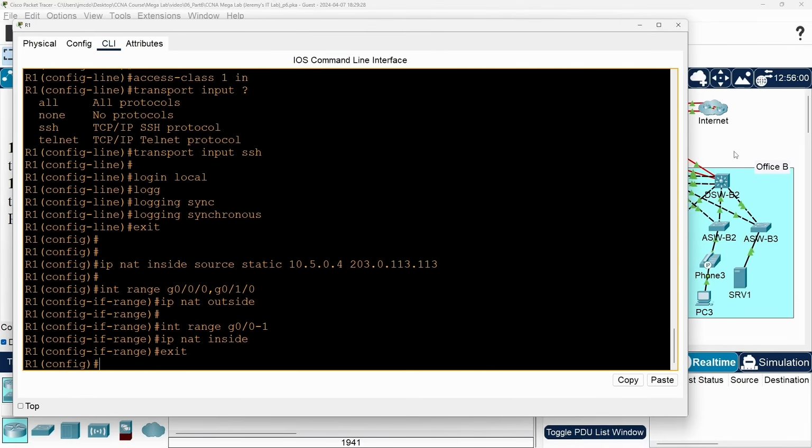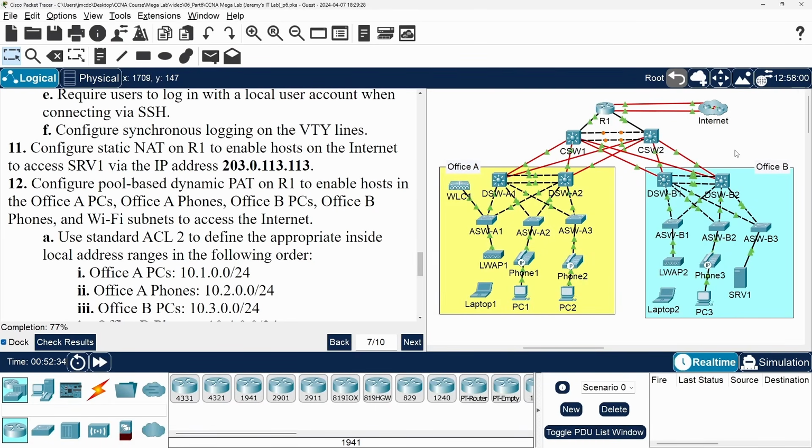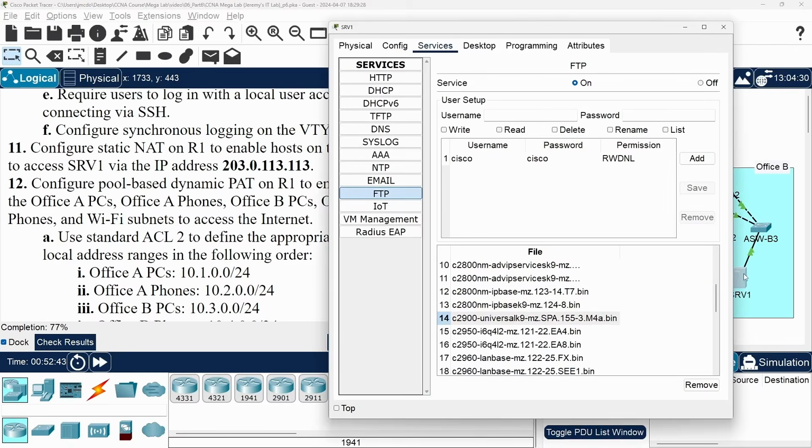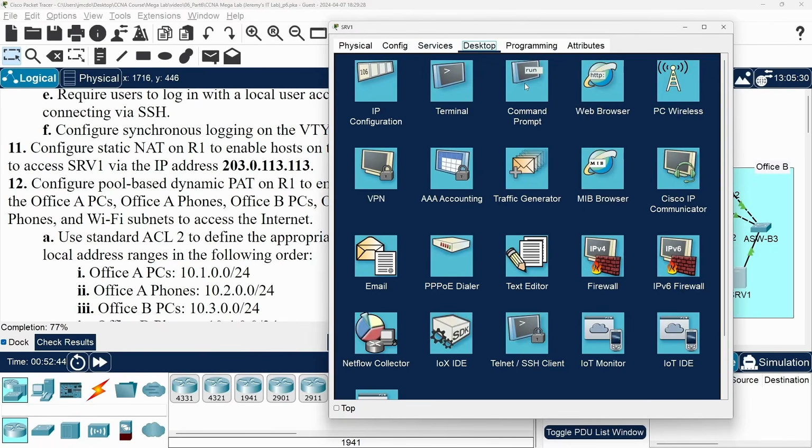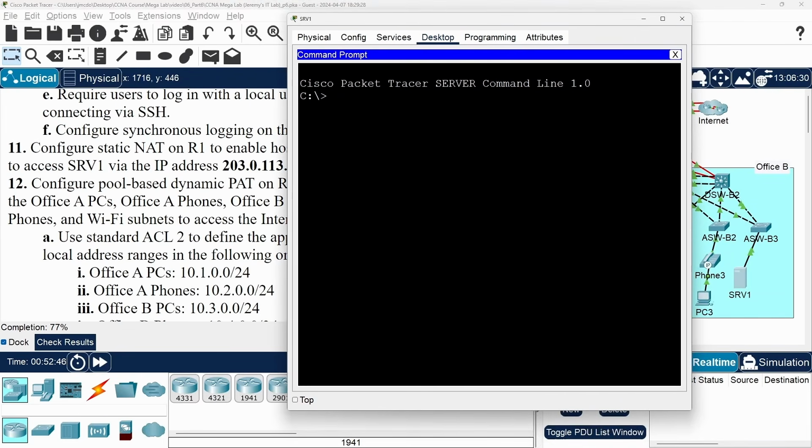Okay, so we've configured static NAT for server 1. That should allow hosts on the internet to communicate with server 1 by sending their packets to 203.0.113.113. It should also allow server 1 to ping hosts on the internet, so let's test that. I'll go back to server 1, and let's open up the command prompt, and then try ping google.com. Okay, the ping doesn't work.